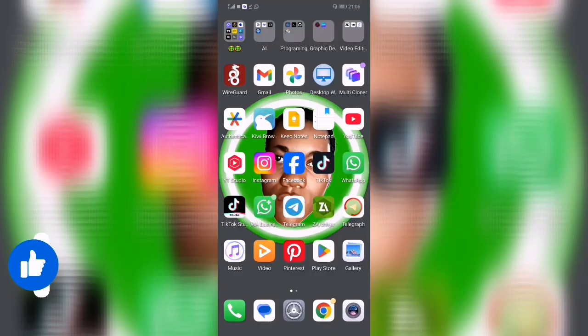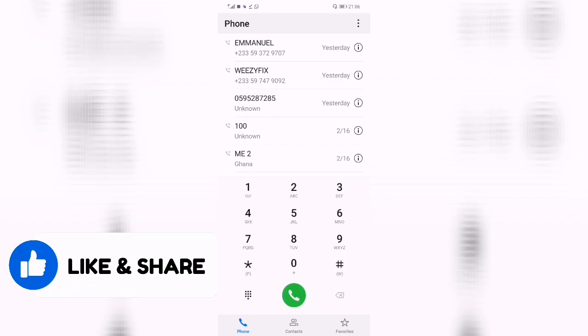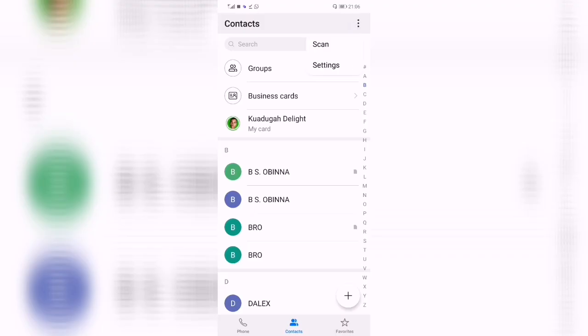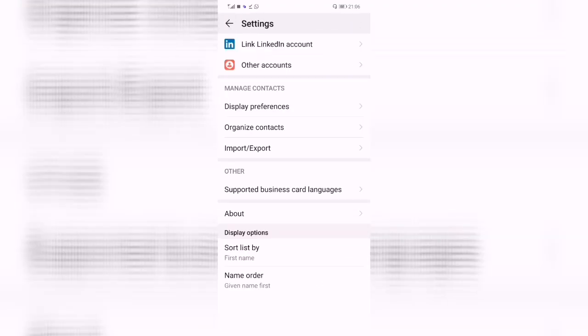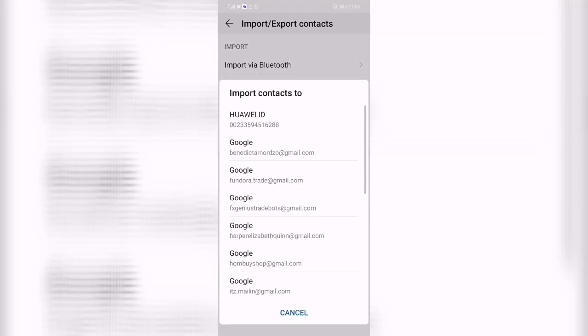First, I want you to open your dialer app, and once you open that, go to the contact section and then go to the top menu over there, and then go to settings. From the settings, I want you to select import or export, and then from there you go to import from storage, and then you choose